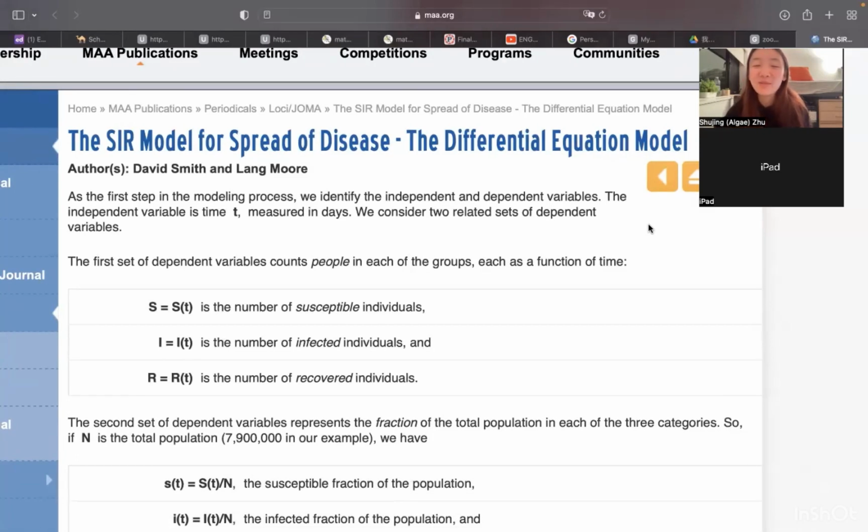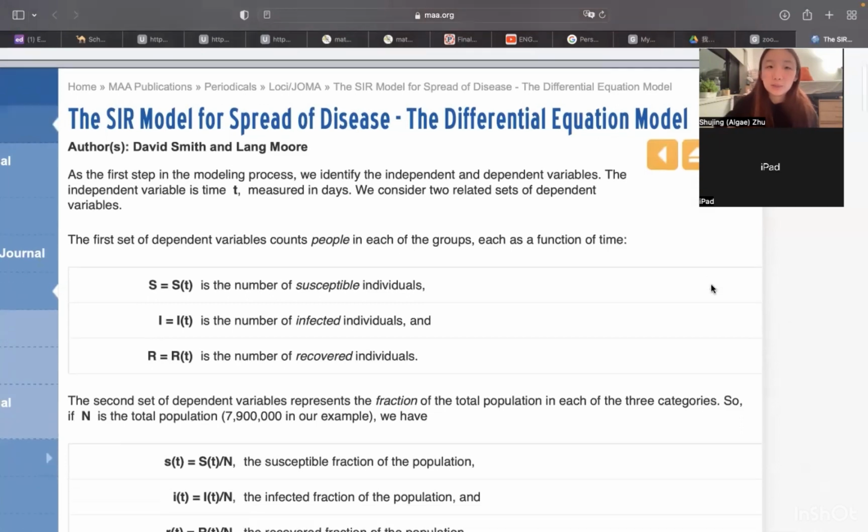My model finds its root in the SIR model for epidemiology, and in general it describes the geographic spread of the disease. So let's first understand what the SIR model is. The SIR model is an epidemiology model, a very simple one that models the spread of disease based on three